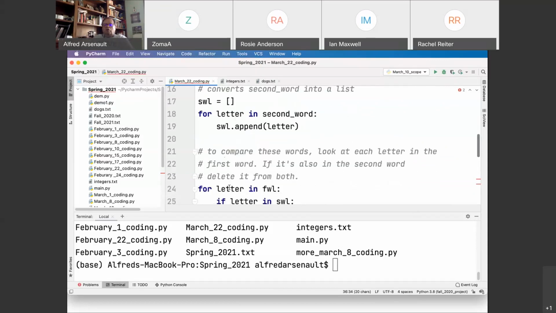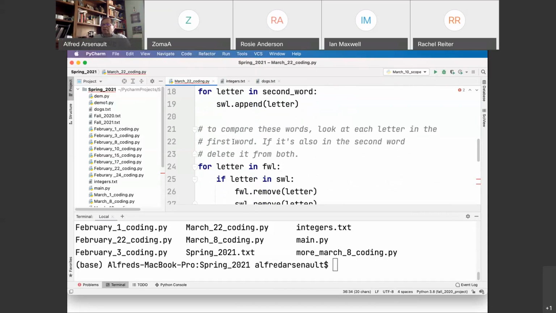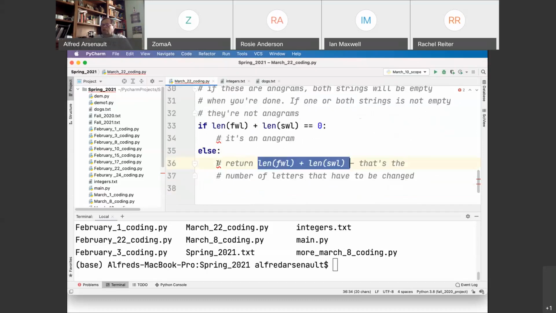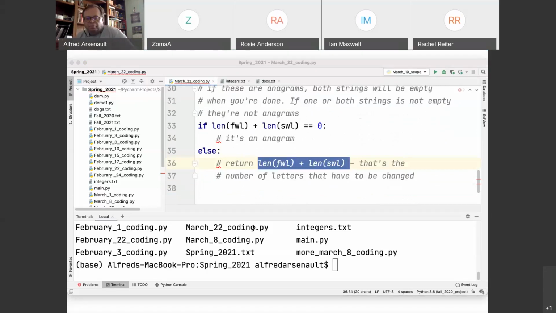And the goal is, if anything's in both, we delete it from both. When we're done, if we have 2 empty lists, it's an anagram. If we don't have 2 empty lists, it's not an anagram, and the number of things we would have to change is the number of things left in both lists. Okay? So that's sort of what's intended on problem 1 in the homework, and that's a hint at how to